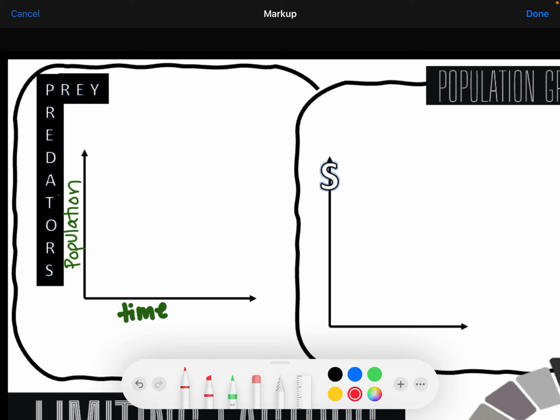Now, color doesn't necessarily matter. So I have one population here, and I've got another population here. If you take a moment to look at this, it should be pretty apparent which line is which,